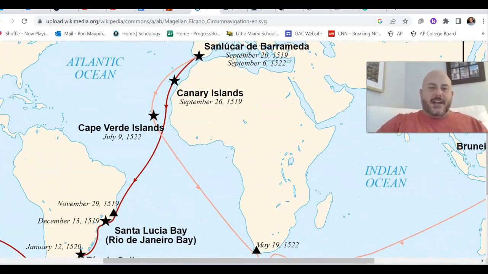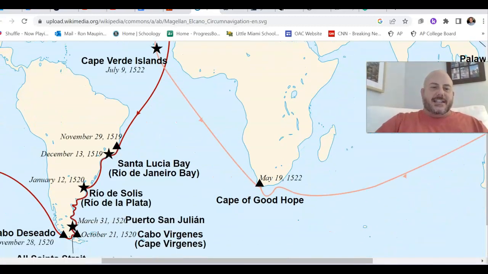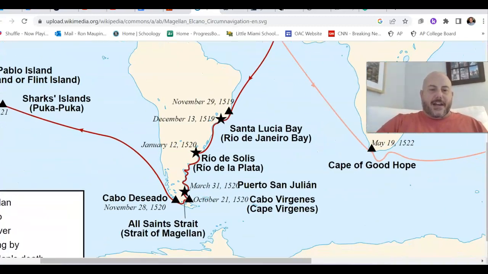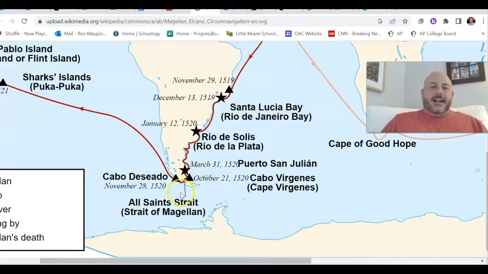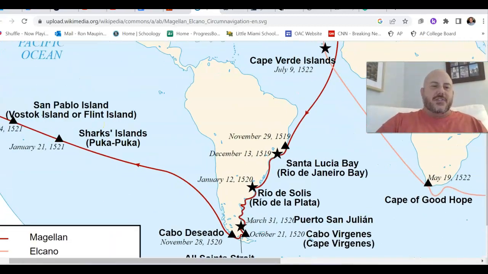And so you can see here from this map, starting from Spain, that Magellan's voyage is going to go southwest across the Atlantic Ocean down to the southeastern part of South America, which really had not been explored by Europeans. You can see here bouncing around the southeastern coast of what's going to become Brazil, Uruguay, Argentina, and then getting down here and coming around the southern tip of South America and making his way into the Pacific.